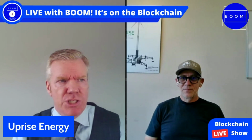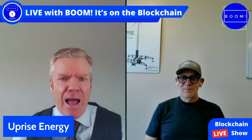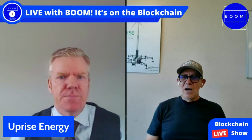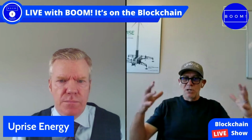With microgrid systems becoming more and more popular, can you explain, first of all, how microgrid systems work, and then how your turbine could be key in developing these microgrid systems? Yeah, absolutely. So a microgrid is just a form of power distribution on a smaller scale than the large utility